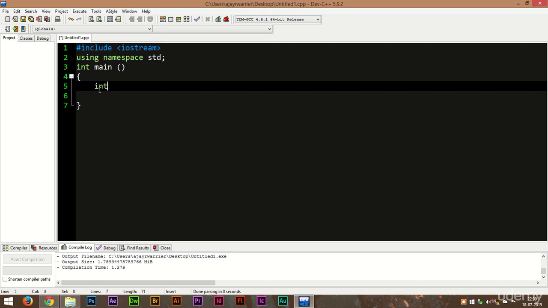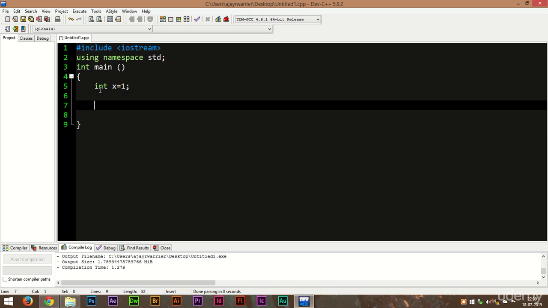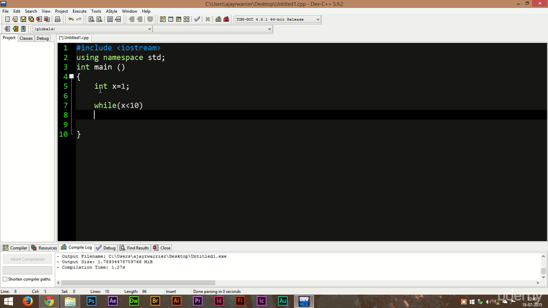Okay, to use while loop first we need the variable which we will use in the loop. Let that be x and it have an initial value 1. Now we will try to replicate the same program that we used for the for loop, but this time we'll make some changes. So now what we need to do is while is the keyword that is used for while loop. While x less than 10